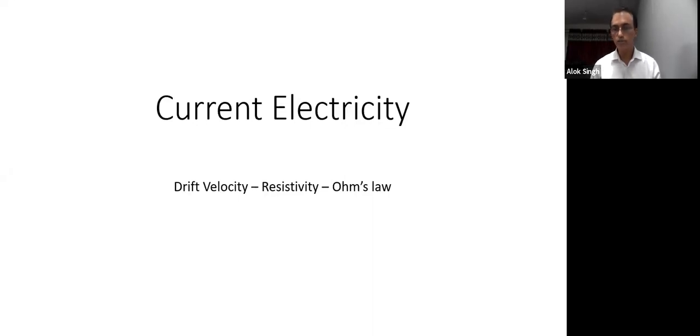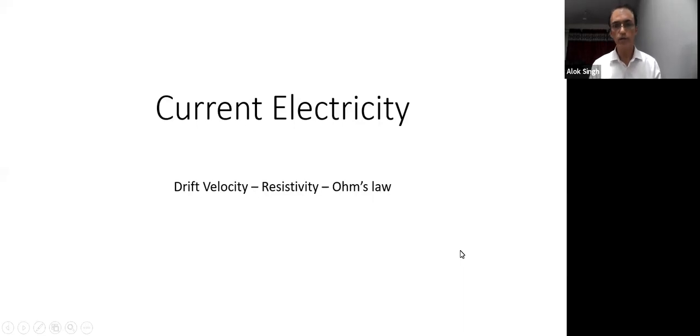And what is the time we have taken? The average time for which acceleration is active, which we define as relaxation time, or tau, the time since the last collision. So that's what we'll keep in mind. Drift velocity is equal to acceleration into tau. Tau is the mean time since last collision, also called relaxation time. And acceleration is equal to force by mass. So we'll correlate drift velocity to current. That's what we are going to do today, and some more.